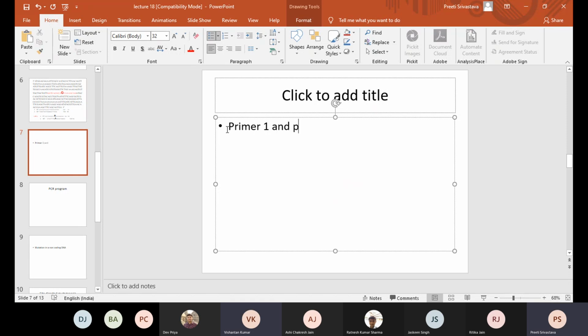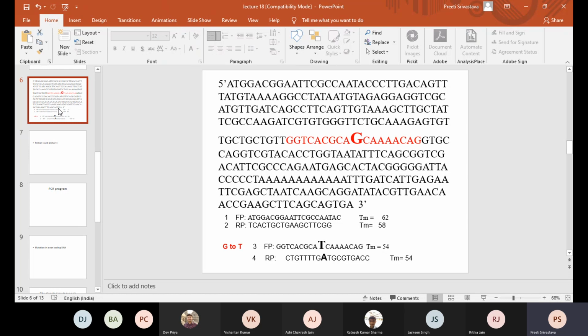That's a separate thing that you can fix. You can play with the bases and increase or decrease it. It will amplify the region between the 5' A and the red marked G at the end. Correct. So that means it's going to amplify only half of the gene.